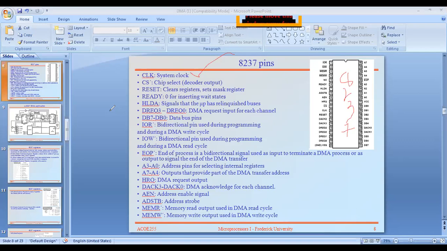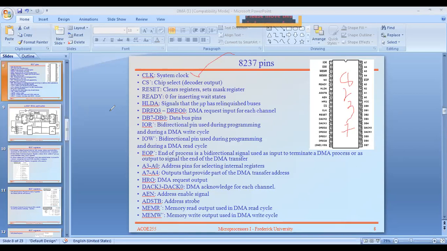But if the DMA is engaged with another work, then when the processor asks, are you ready, the DMA replies, no, I am not ready, just wait.